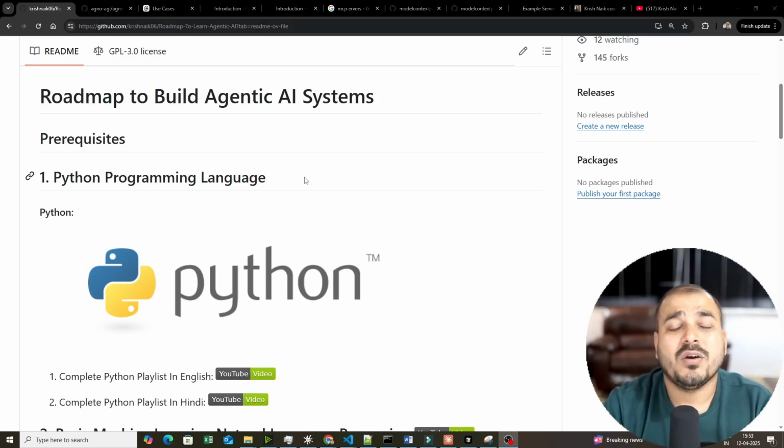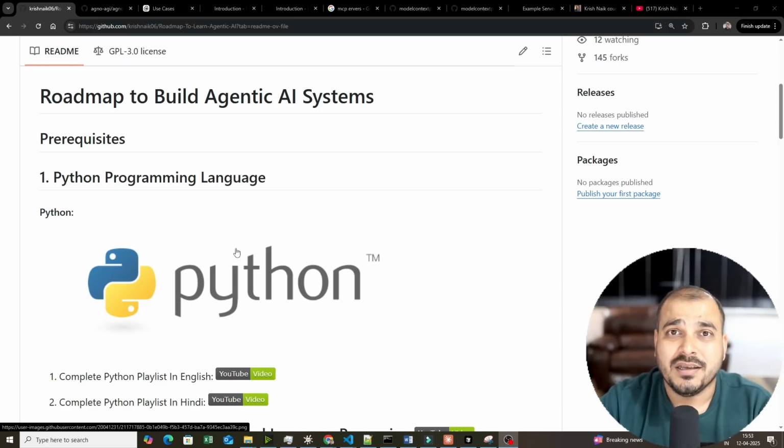You really need to have good hands-on experience with Python. You should know how to build end-to-end projects. You should know how to write modular code. You should know about classes. You should know about OOPS and many more things. At the end of the day, end-to-end projects definitely matter. If you know this well, I think learning or building agentic AI systems becomes very easy.